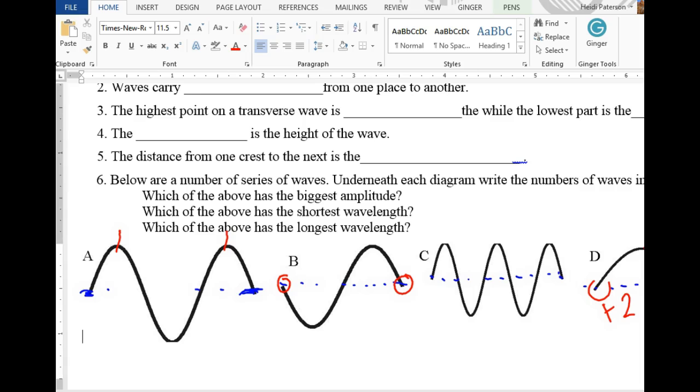Okay. So, let's say that each of these pictures, A, B, C, and D, are snapshots. And they are a snapshot of the wave over a 1 second